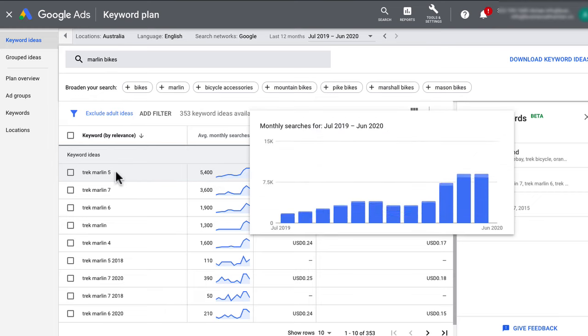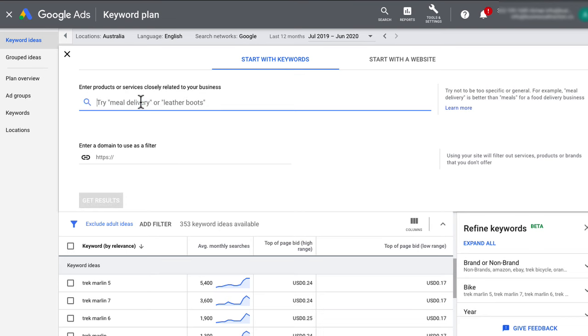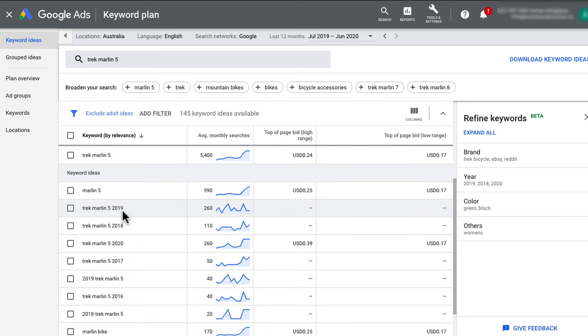of 5,400. Now, before we go and create an ad group for that, we want to validate that there are indeed keyword variations of this keyword theme. And we do that by going back to the search box, entering Trek Marlin 5, and getting results. As we dig deeper, we can see that Marlin 5 has keywords based on the year from 2017 to 2020. Each one of these years has okay search volume, which you can group together into one ad group called Trek Marlin 5. So this means that you'll create an ad group called Trek Marlin 5 and add in the